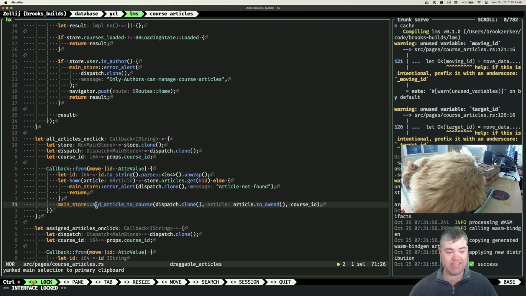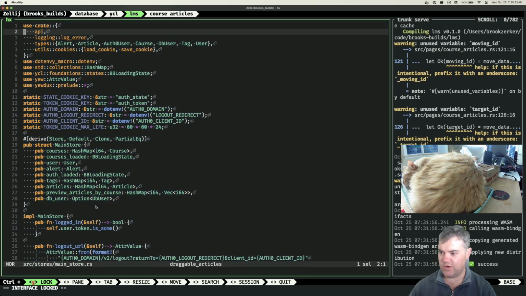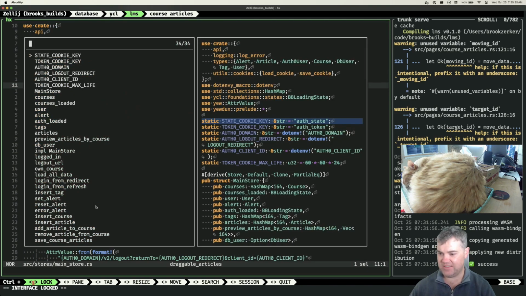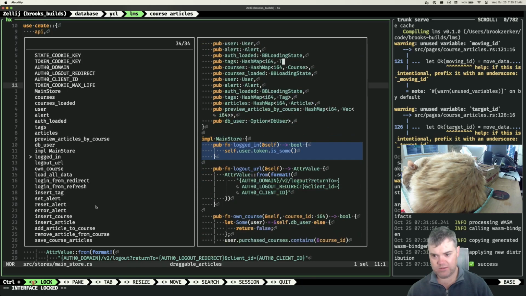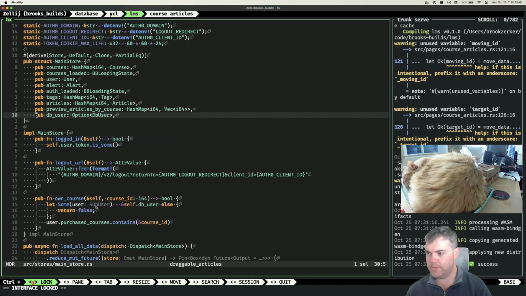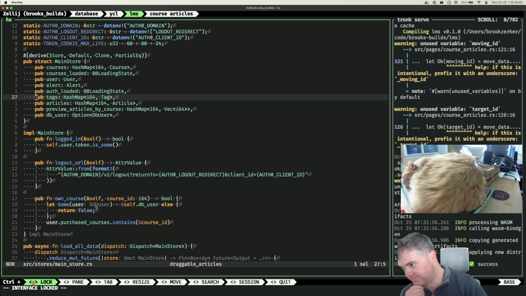I think the next thing we need to do is go into the main store and add a move. So in here we have a ton of these methods. So here's the main store. So what I want to do is